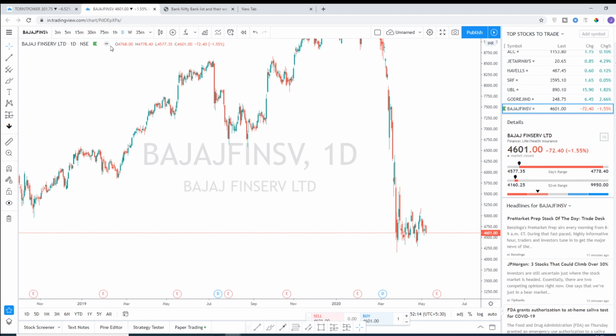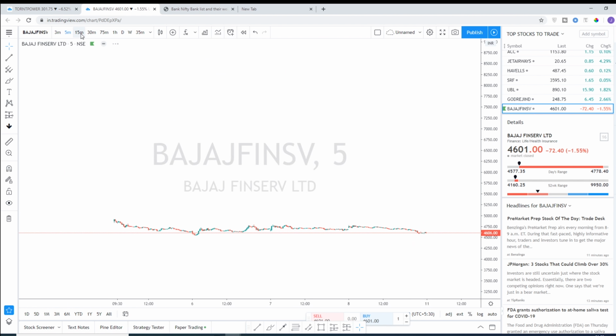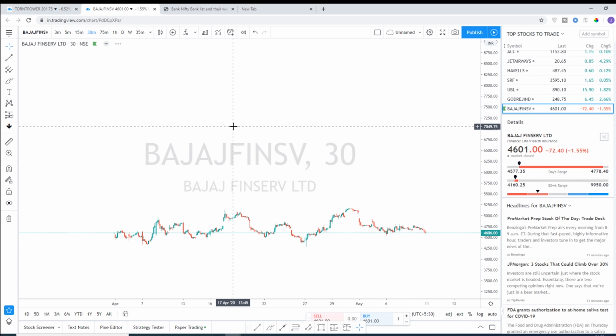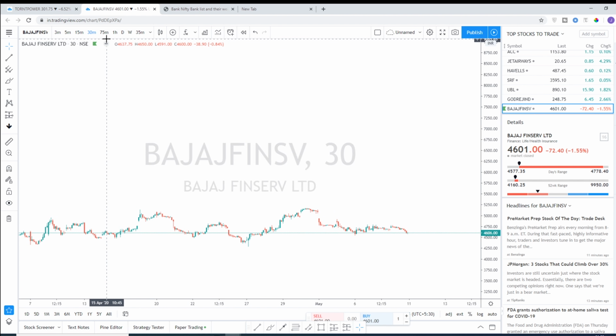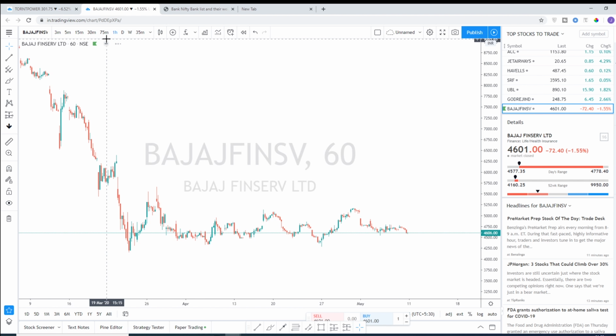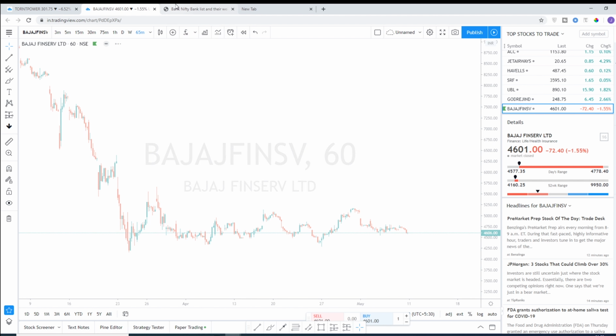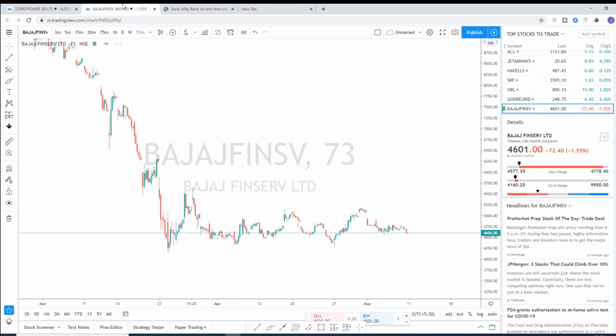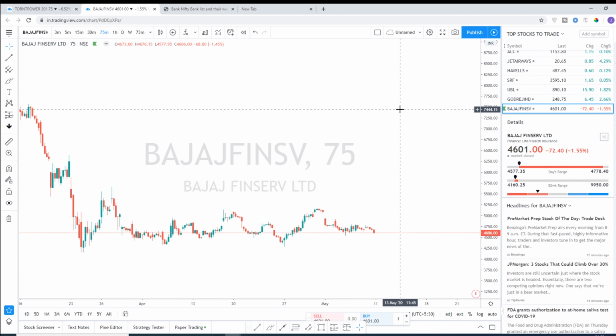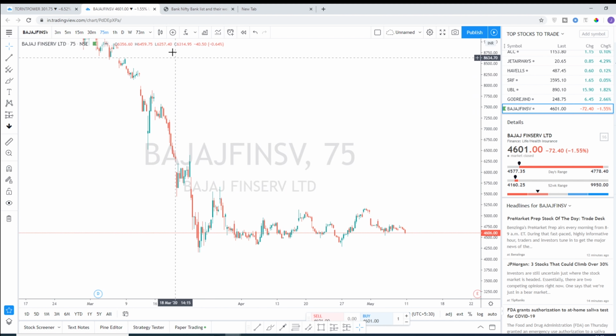Okay, so this is the favorite button. Whatever time frame that I predominantly use, I just star it, so that I just click it right there. And another simple way of selecting the time frame is, if you want to select 30 minutes, you just enter 30 and press enter, or let's say 60, enter, and the 1 hour time frame will come. And you can also enter some weird numbers like 65, 73, anything is fine, it will come up. Okay, probably 75. Yeah, so this is another cool feature it has.